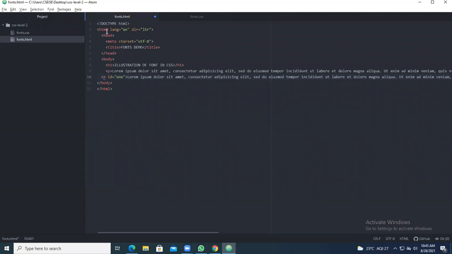Now, can you tell what tags we are using in this particular HTML? First you have to go for the HTML. Kindly name them in the chat box.